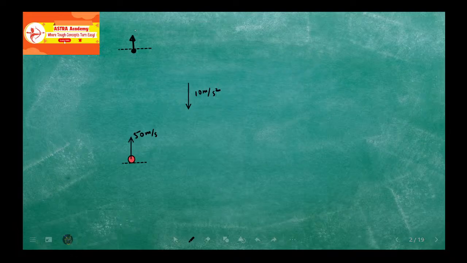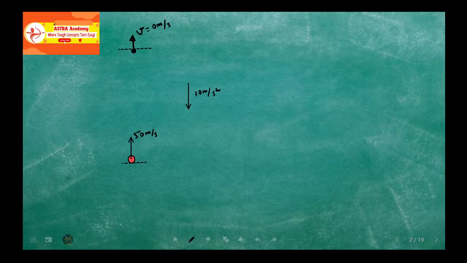The symptom of reaching maximum height is that the velocity at maximum height becomes zero. This is the foremost symptom of reaching maximum height. How will I identify whether the body has reached its maximum height? It is very easy. At maximum height the velocity of the body becomes equal to 0 meter per second, because